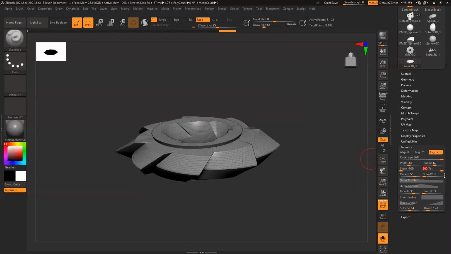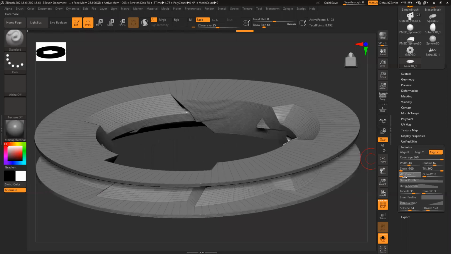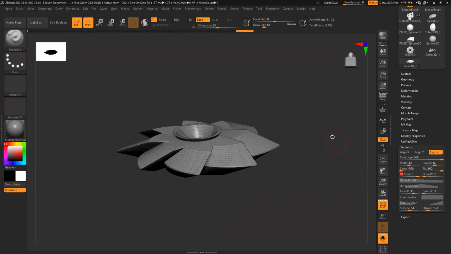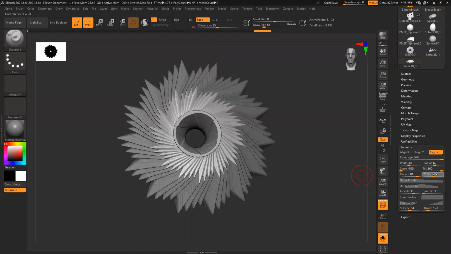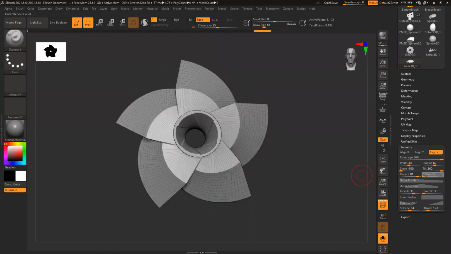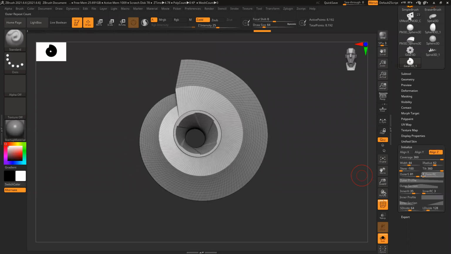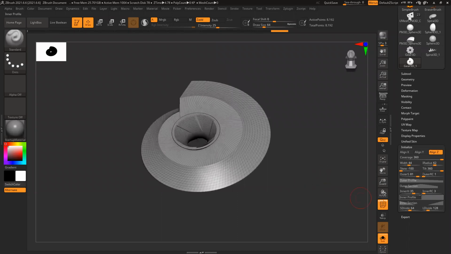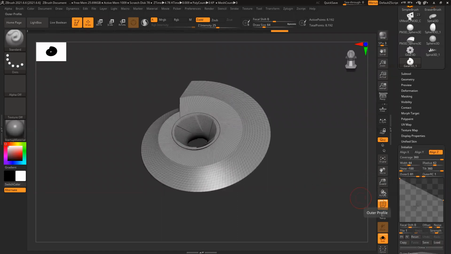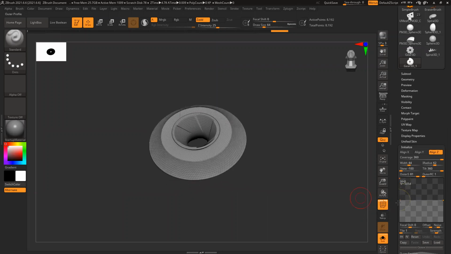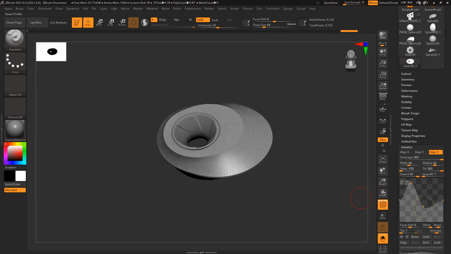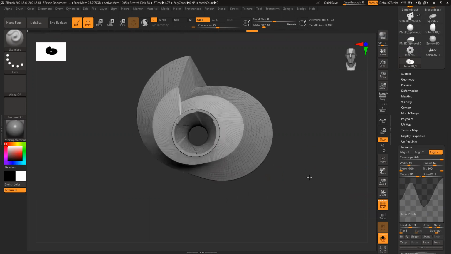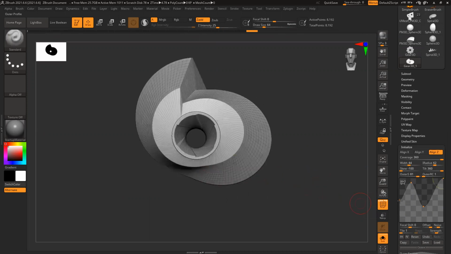So like this, I can create really complex shapes. Number of rotations: only one rotation, 2, 3, 4. Like this, you can increase, decrease, so you can create a lot of shapes. An outer profile: here you have a controller, and you can create whatever you want, change the shape.